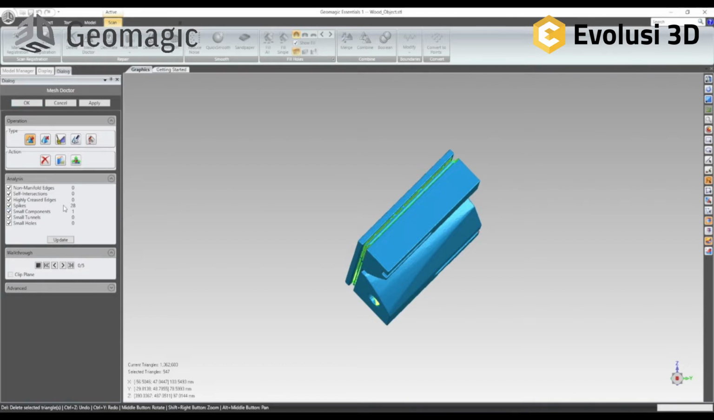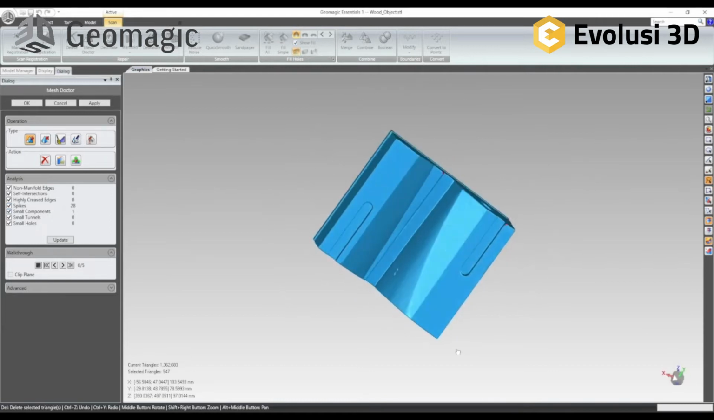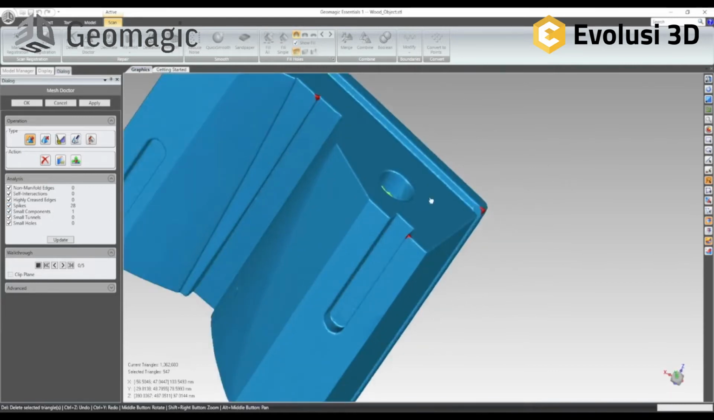Now we are in the function of the Meshdoctor, and we see here, for example, our object has 28 spikes marked in red over here. If we click apply, then the software is repairing our STL file, and after that we should have 0, 0, 0 unanalyzed. If not, we can repeat it until all errors are solved. Now you see everything is 0, so we click on OK to leave the function